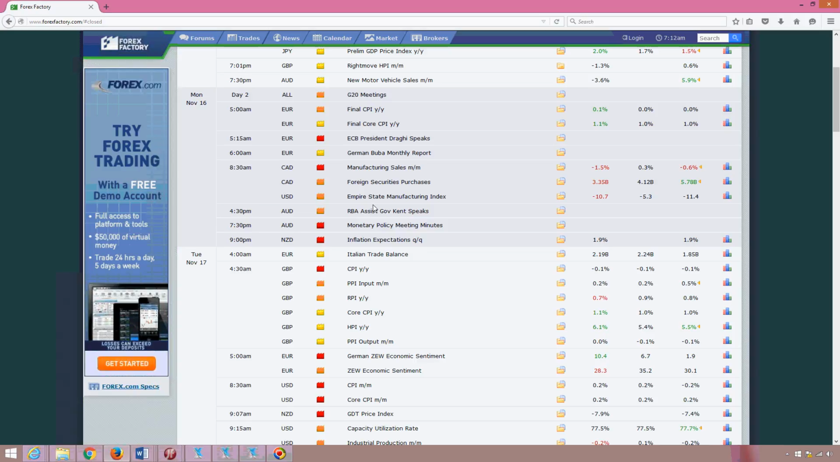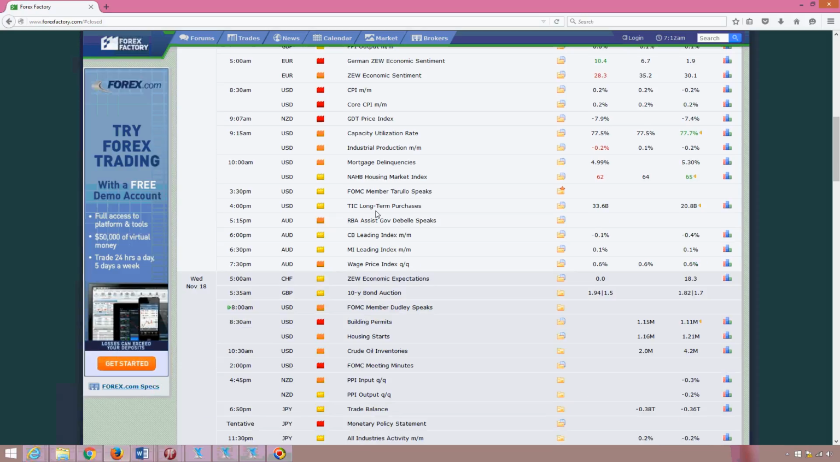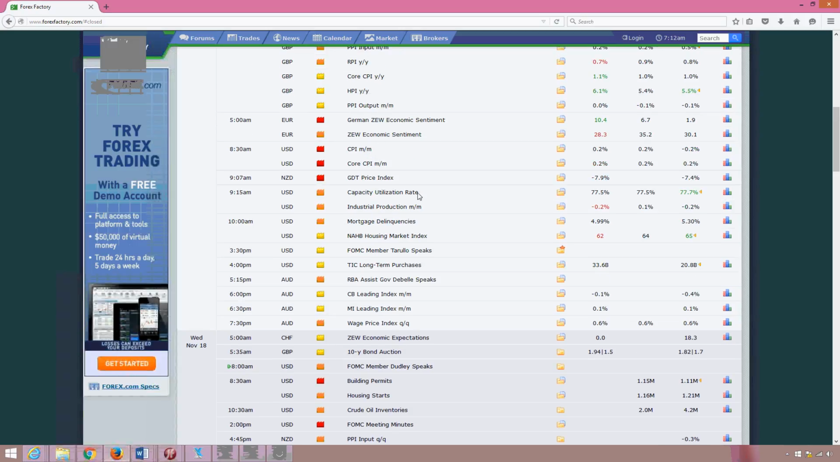in the week in front of you, and you see that you have the CPI in the UK. Now the CPI, or inflation, is extremely important and brings a lot of volatility. So maybe you would like to avoid this kind of release, so avoiding the Great Britain pound at least until Tuesday. You will see that you will have the CPI on Tuesday in the United States as well, and